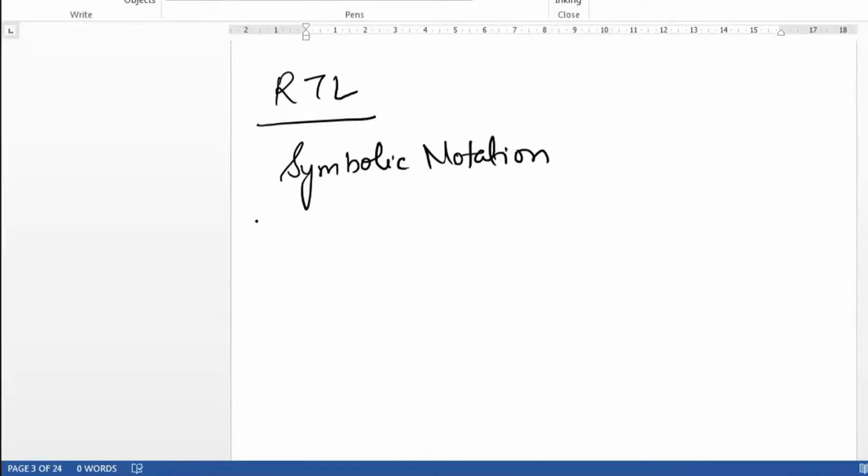You will need a hardware circuit for carrying out this, and the hardware circuit is nothing but your registers. Registers are hardware. You need some common bus. We'll learn what a bus is, but you'll need some kind of wires for transferring data from one register to another. So this symbolic notation means a sequence of operations.